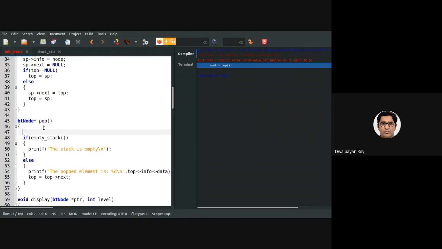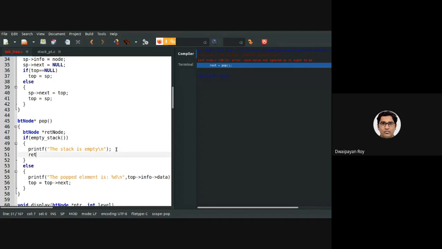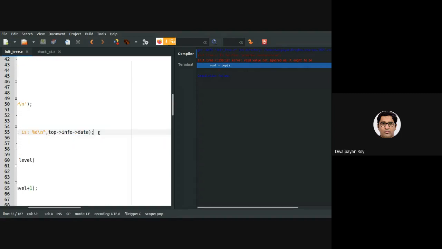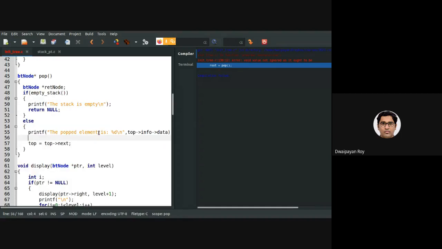So what we need to do is declare this BT node, say a return node, to be returned. And if the stack is empty, we need to return null. After popping, I want to return the topmost element that was there. So this item is popped.